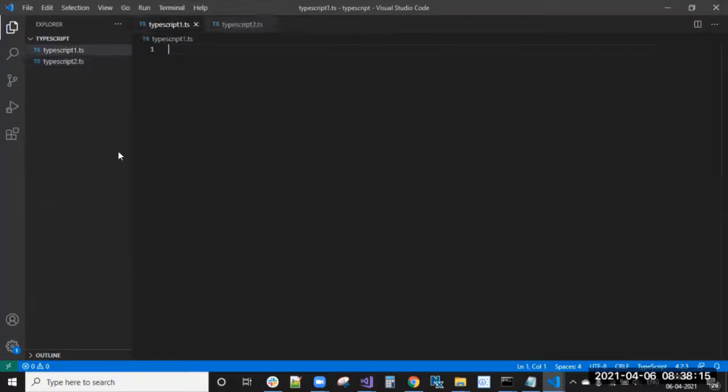So what is a module actually? Today we are going to discuss modules. So far in TypeScript we have covered different types, after that interfaces, and after interfaces the classes concept. In classes and interfaces we have seen how inheritance and multi-level inheritance work, using the extends keyword. So these are the topics we have covered already.